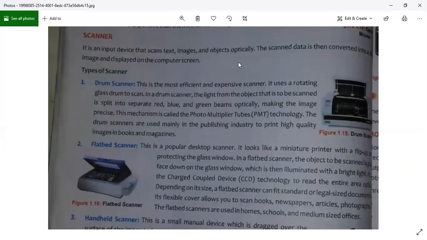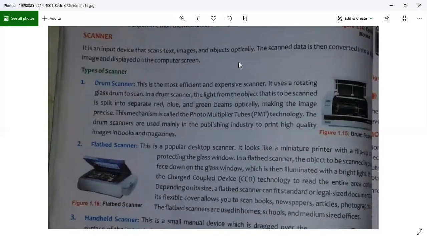I'm sure if you go to a printout shop or a photostat shop, you will find a scanner kept over there. So, for example, if I have my Aadhaar card and I want to take a photostat of it, I'll give the Aadhaar card to the shopkeeper. He will put it on the photocopier. Now there are two ways. Either he can photocopy it if I want a copy on paper, or if I want to save it on the computer, he will put it on the scanner. He will take money from me, because he's giving us a service, and he will take 10 rupees and scan your document.